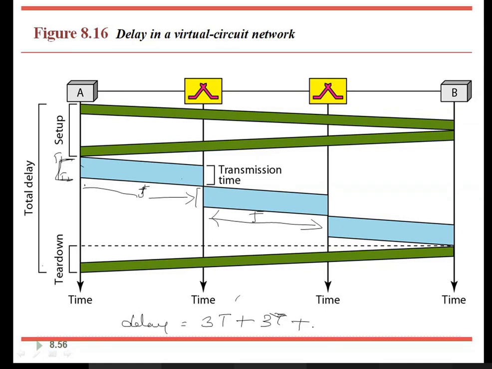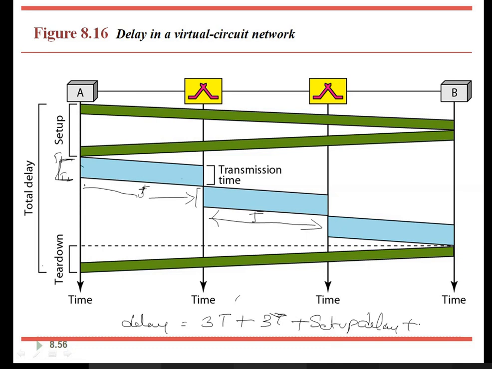What else is there? What are the other delays you are going to consider? We have the setup phase. No, I have not considered it yet. Setup request and response together. The first green sloping line indicates the setup request, and whatever you get back, the response from the destination to A, is called the acknowledgement. Together, how much time it takes to set up this connection, we call it the setup time or setup delay.